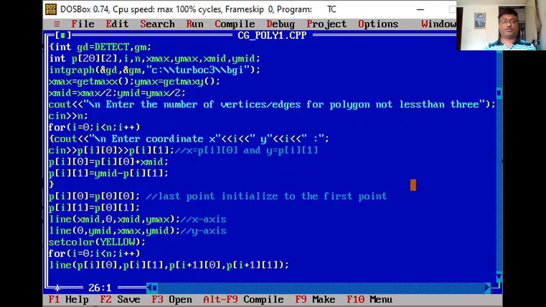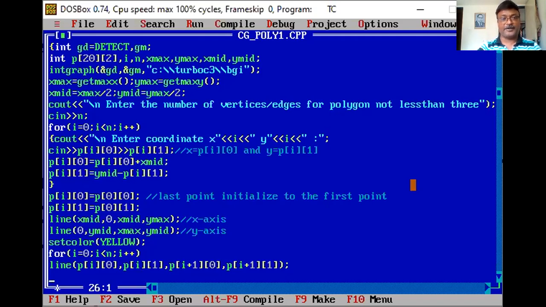This loop starts and ends here because it is a single line statement, so I am not using opening and closing curly brackets. Only a single statement should be executed by the loop. And don't put a semicolon after the for loop, because if you put the semicolon here, the loop is completed there only, and the next statement is directly executed and drawn.